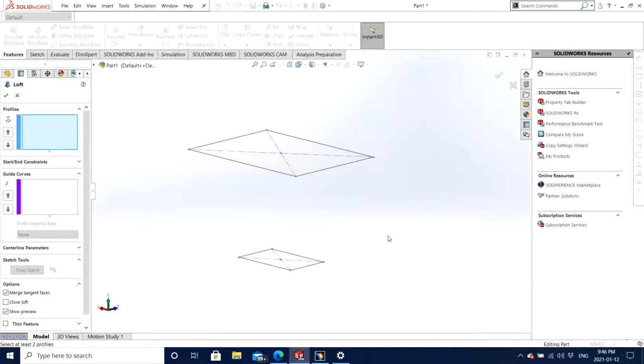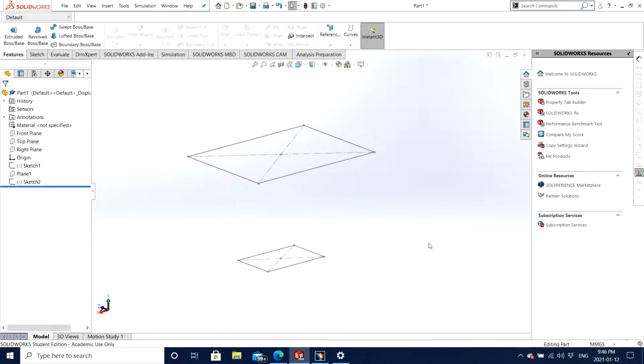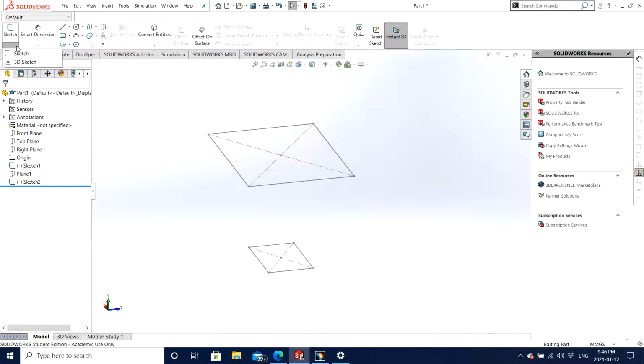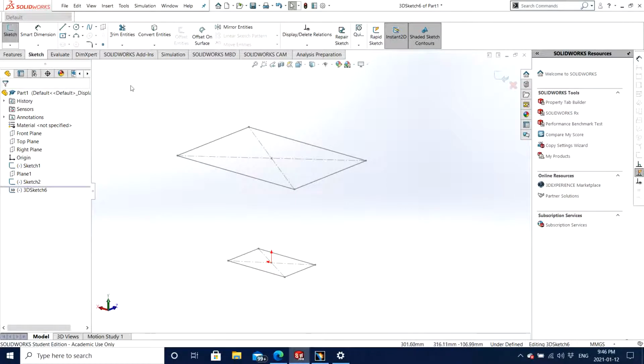In this video I will show you how to use the profiles, plus guiding curves as straight simple lines. If you want to use guiding curves, you have to come to Sketch and then to 3D Sketch in order to make lines right here. The best part about 3D Sketch is that it is slightly different from a normal sketch, which is generally 2D,